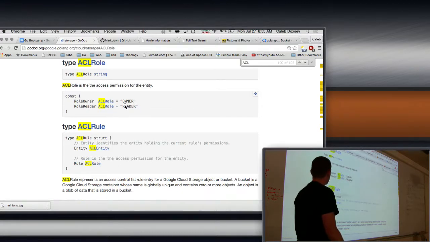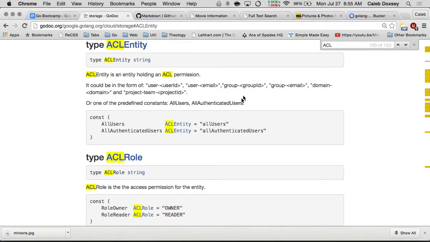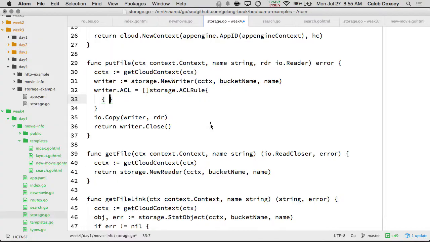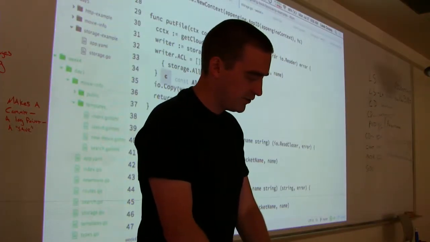So we'll use reader as our role. What I do is add anybody can be reader. That's what I'm trying to do. The entity is things like user dash, group dash. There's a bunch of other ones you can do, but all we care about is all users. So what I want to do is add all users and the read, okay? So I can do that saying storage.all users